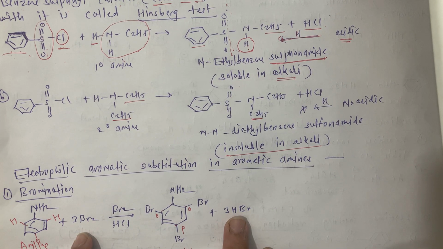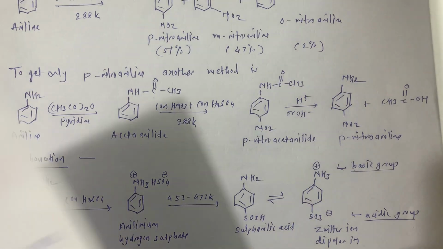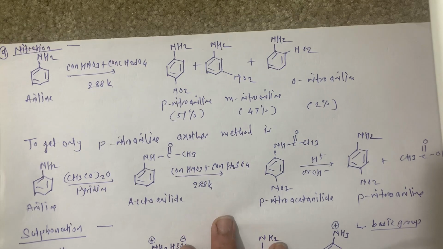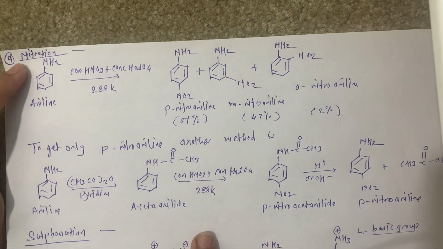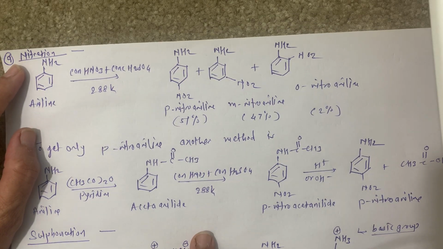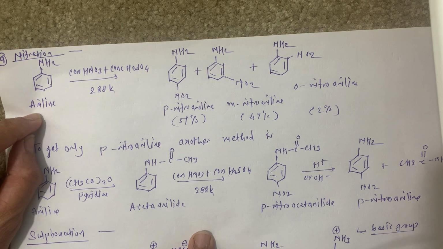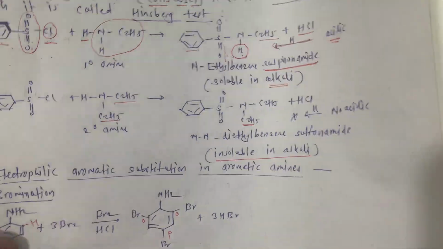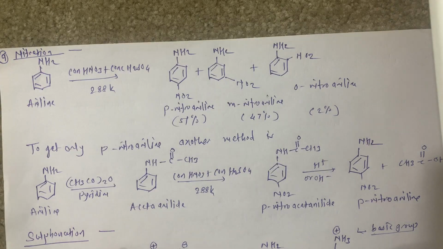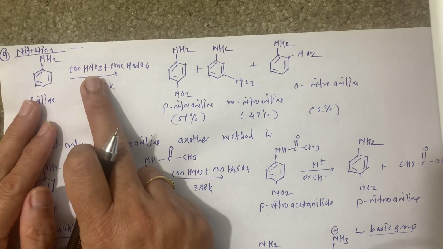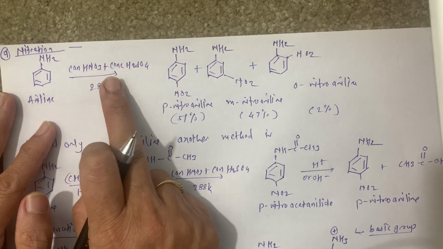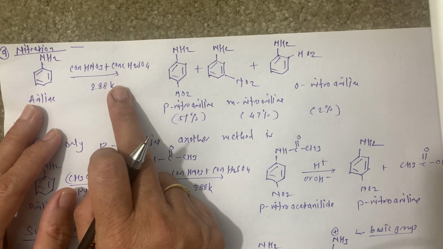and byproduct is thrice HBr. Okay. Now in the same way, electrophilic substitution we can observe in nitration. In nitration we have to use aniline; here we use aniline and bromine, here also we use aniline and nitrating mixture. We know the concentrated sulfuric acid and concentrated nitric acid give us the nitrating mixture, and so now